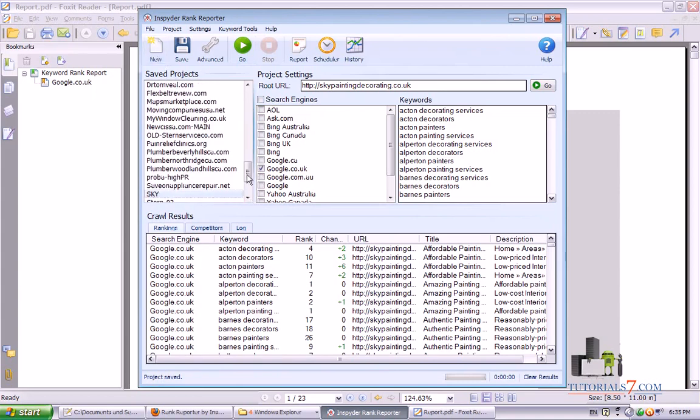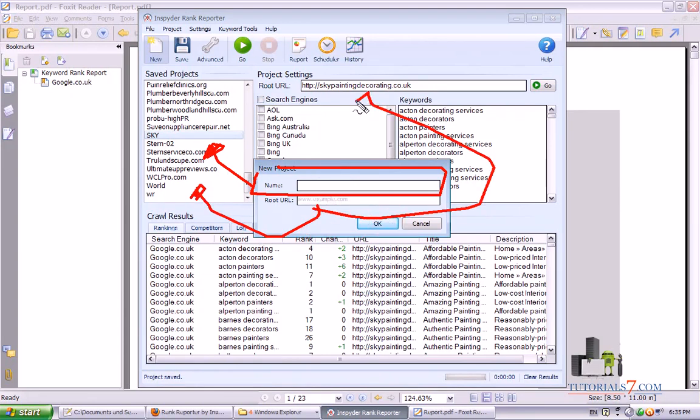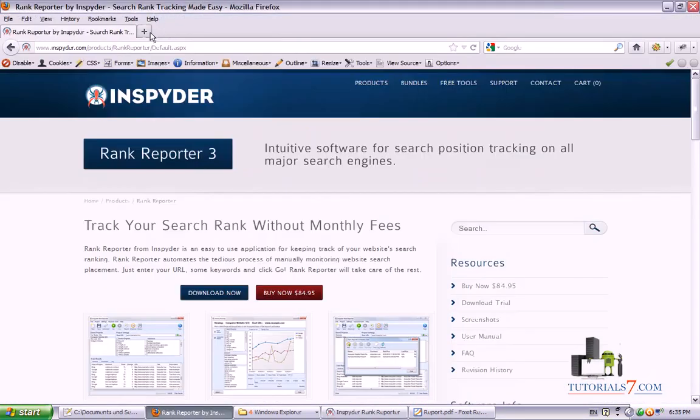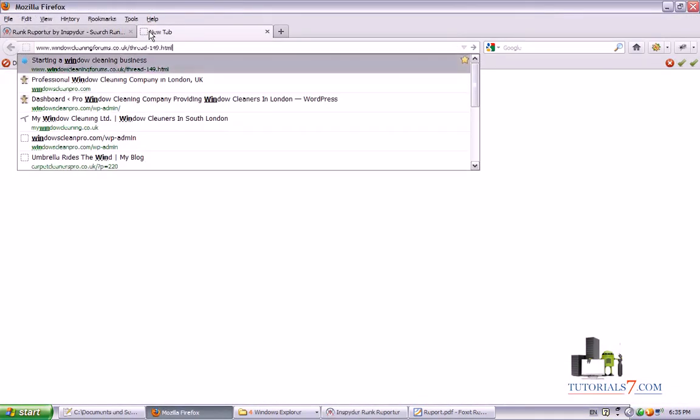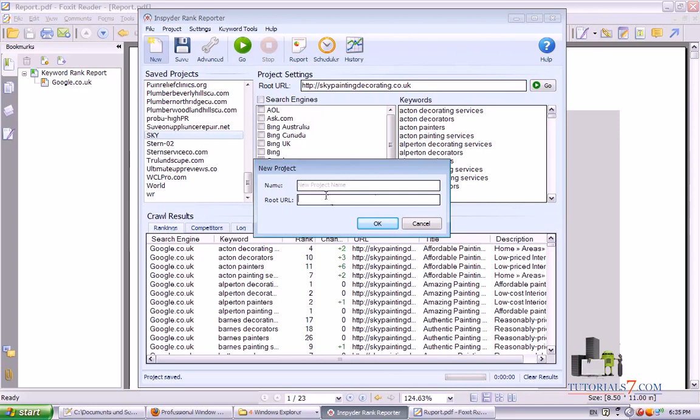Alright, so let's create one project now. It's very easy. Click on new, and here you will have to give it a name. It will show up here, and the root URL for your project, which will be here. Right, let's track one keyword for this site. Okay, we'll copy and paste it here, and I will give it the name example. Then click OK,